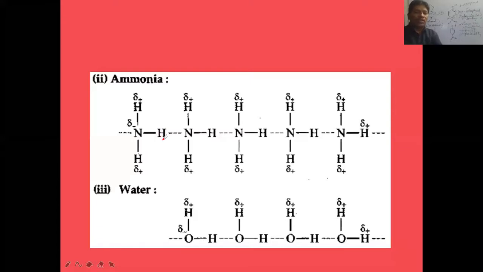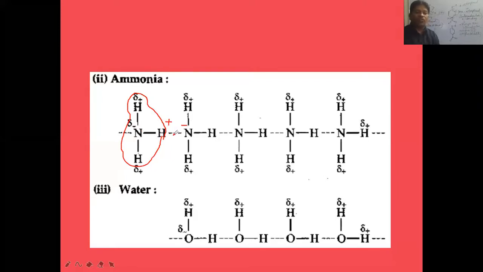So this total is the NH3 molecule. In the NH3 molecule, how many covalent bonds are there? N-H covalent bond, N-H covalent bond, N-H covalent bond. Now between nitrogen and hydrogen, which is more electronegative? Nitrogen is more electronegative. That's why the bond pair of the covalent bond will be close to nitrogen. So nitrogen gets a negative charge and hydrogen gets a positive charge. So between positively charged hydrogen and negatively charged nitrogen, an attractive force will be there.